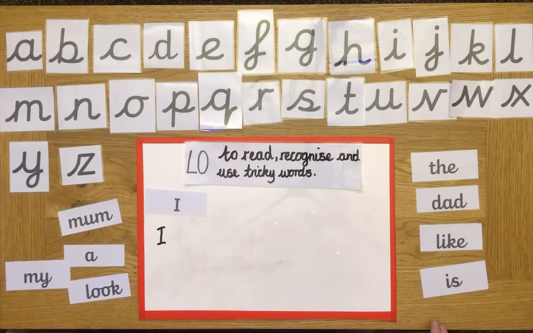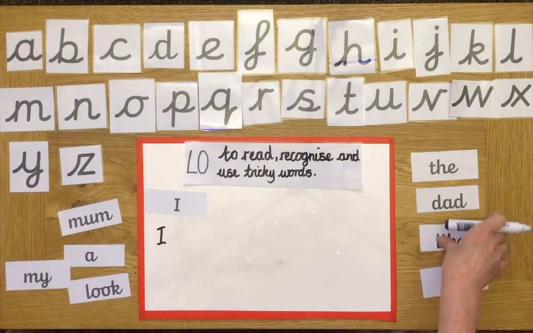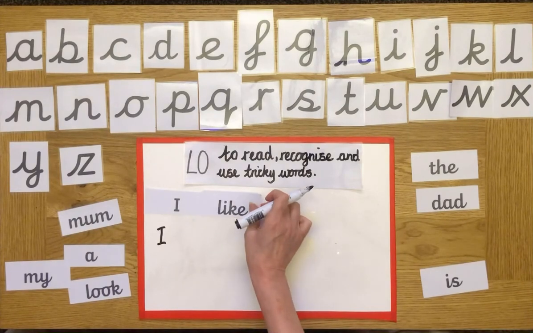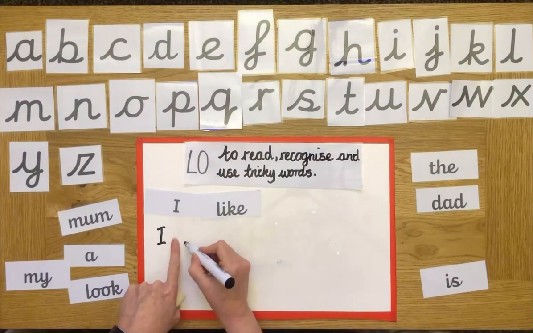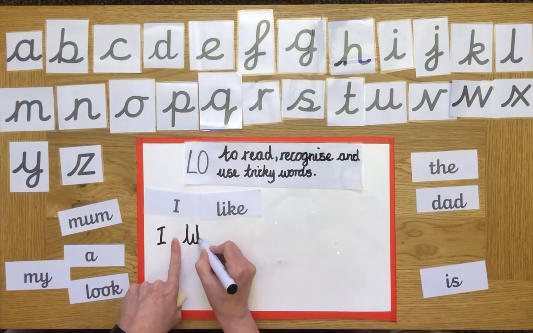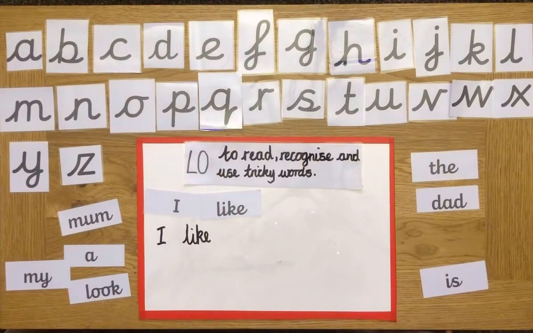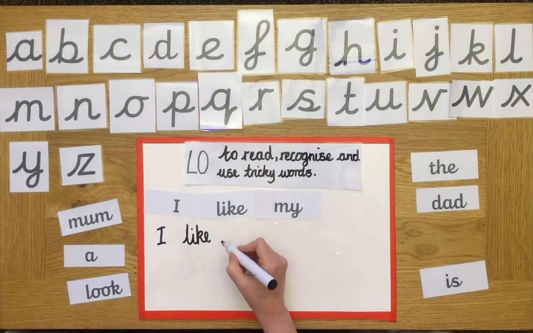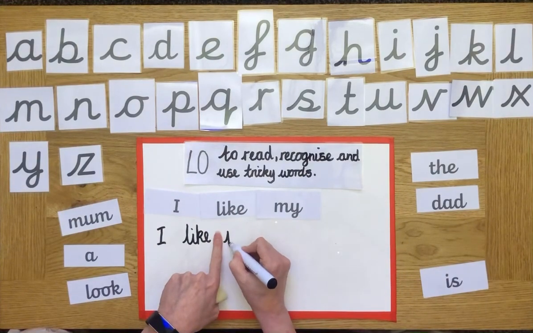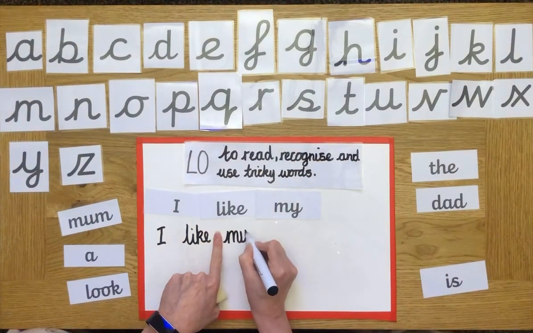Now with a sentence, I must make sure that after I've wrote one word, I leave a space. I like, there's my space. Sometimes we call it a finger space. I like my. Can you find that word my? My. Another finger space because it's a new word. I like my